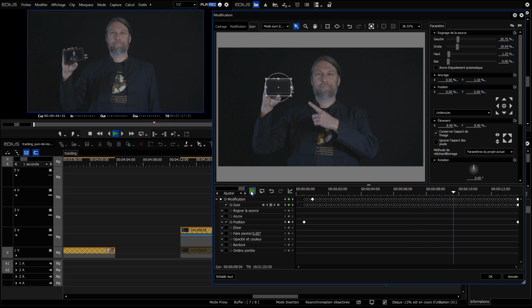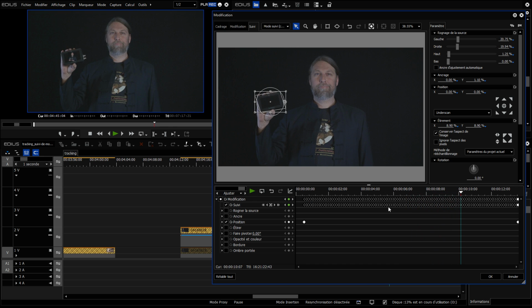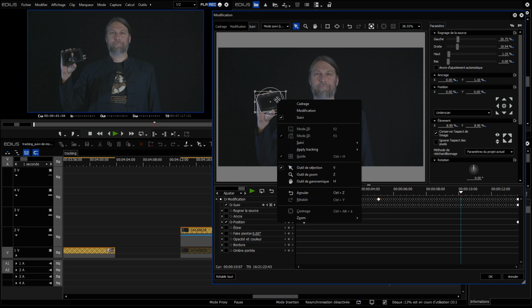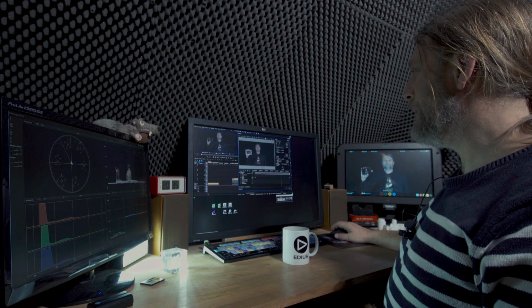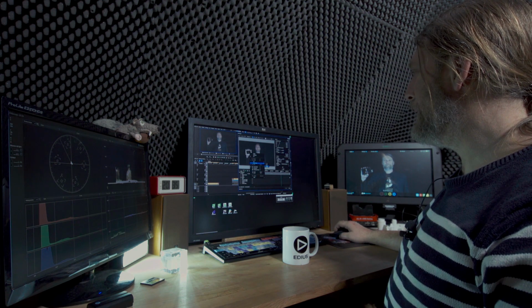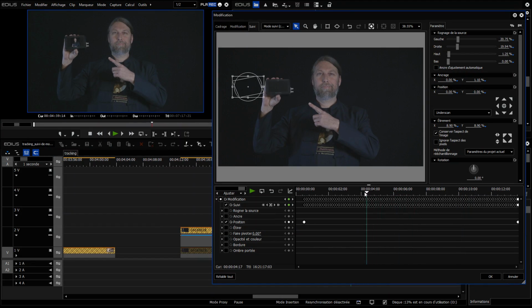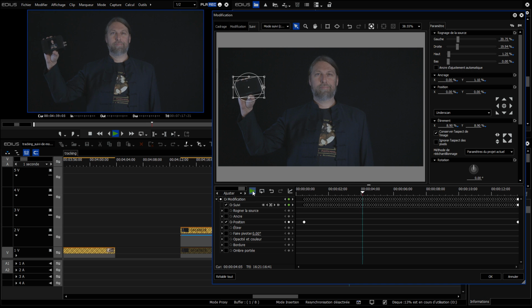And now, if I play it, it doesn't seem too bad. The only problem is that I need to fix the orientation, and so I have to apply the rotation. So I'll right-click, Apply tracking, rotation, and there you go. It's a bit like magic.